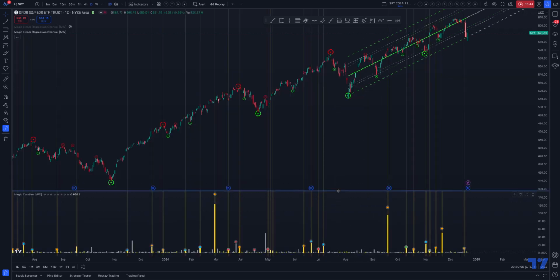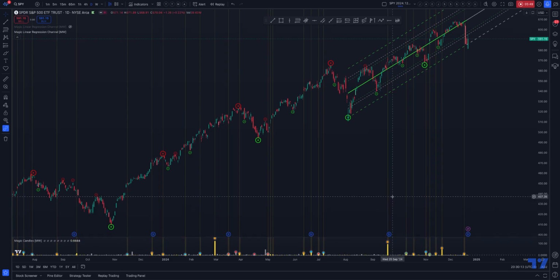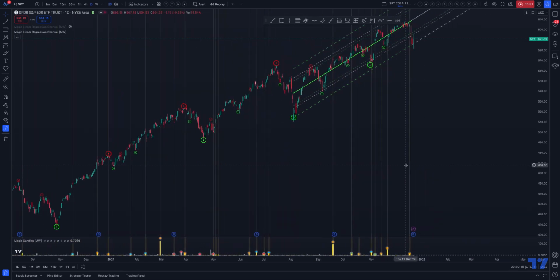All right. And what Magic Candles is capable of doing is finding a candle that doesn't have a lot of price movement but has a ton of volume. No price movement with a lot of volume means something's about to snap. And when that happens at the top of a channel, like it did right here,